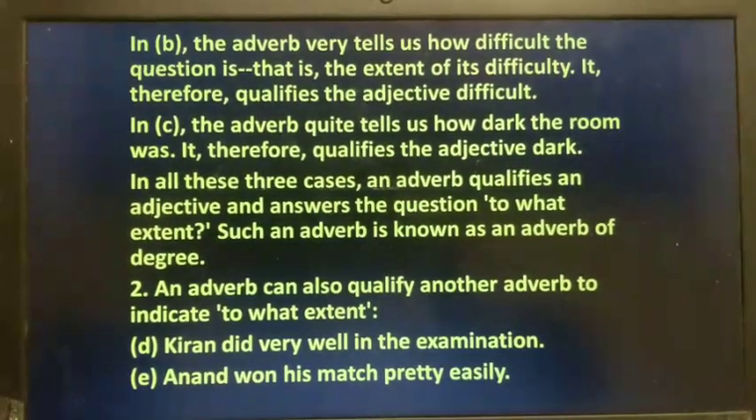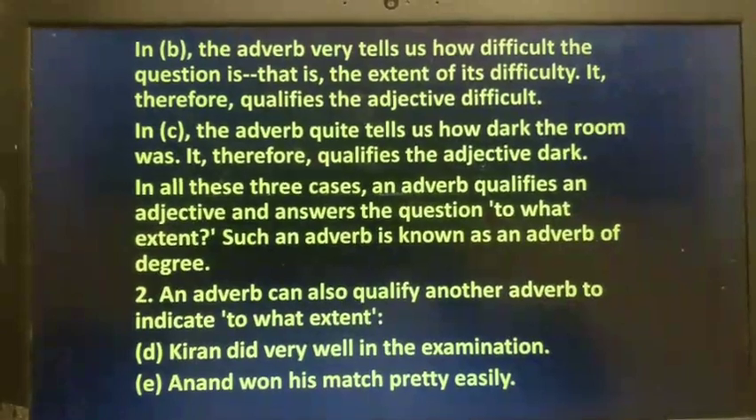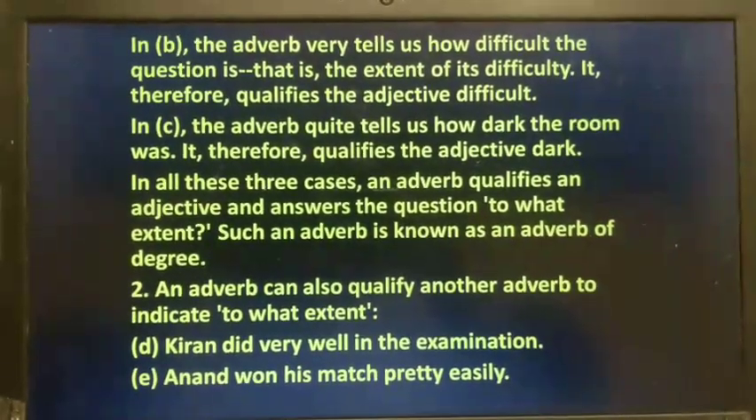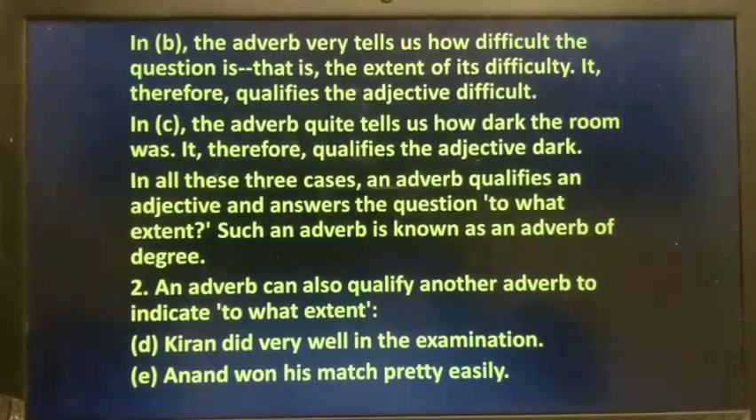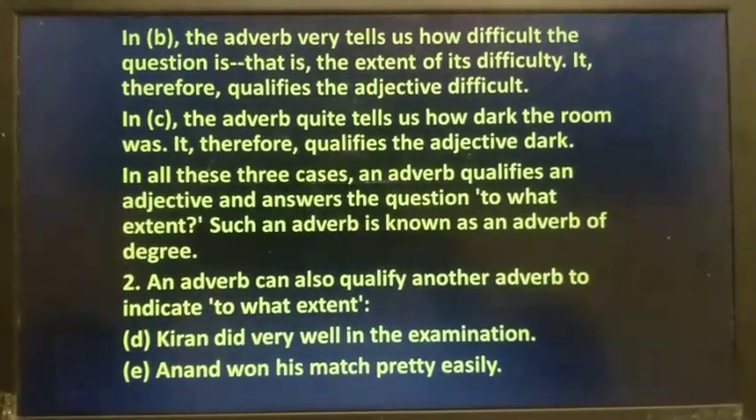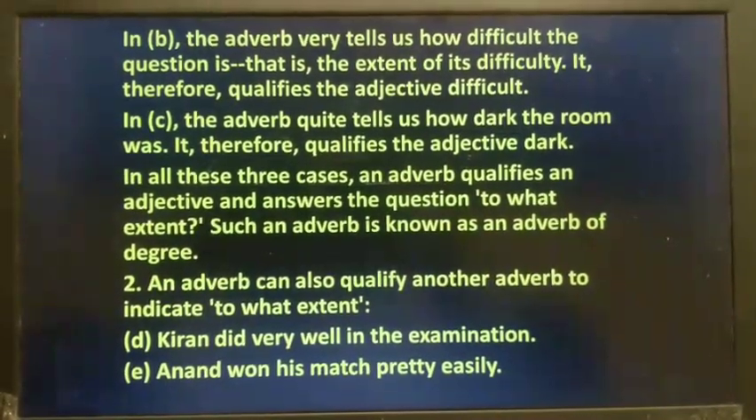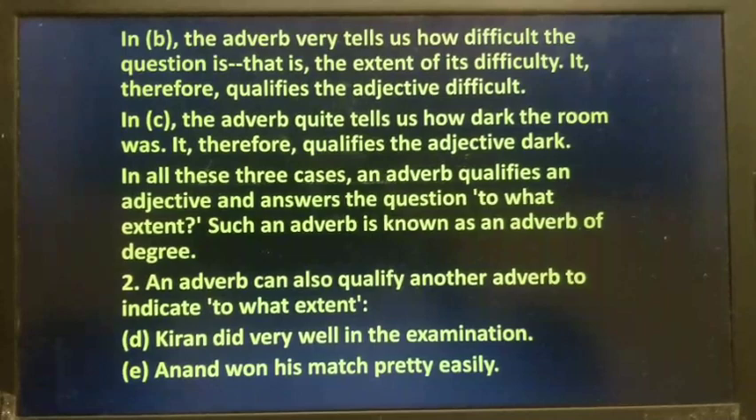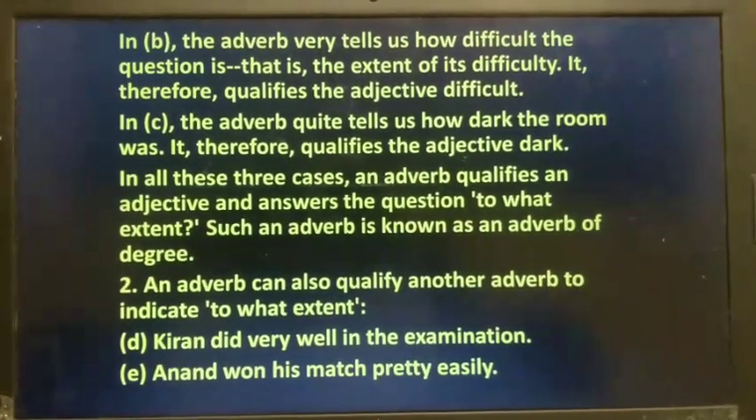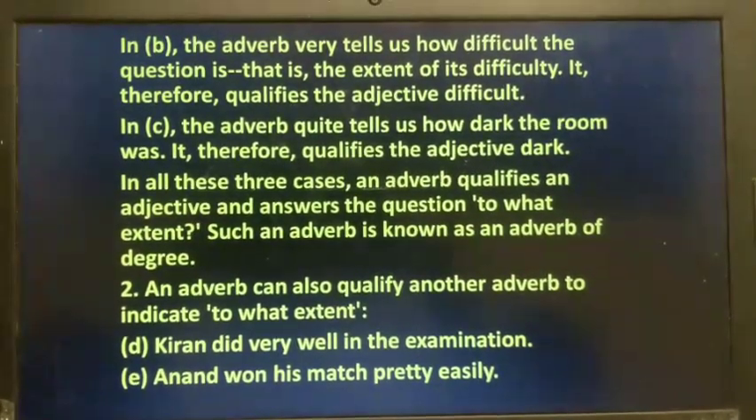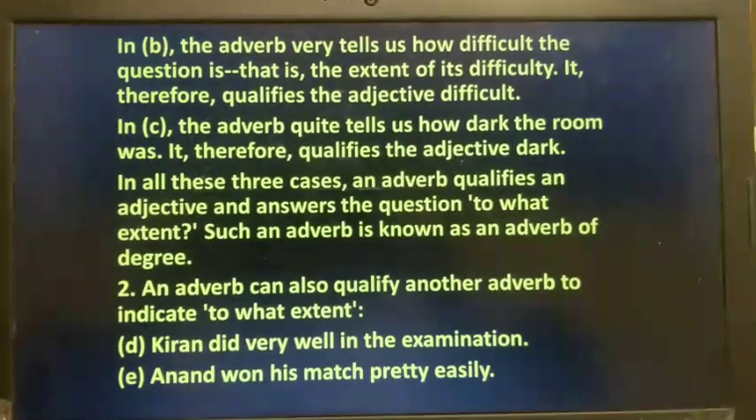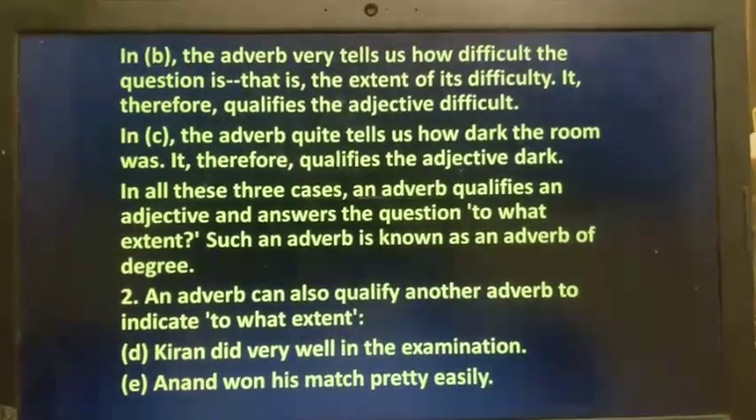Already we know that Kiran did well. Now very over here, students, is actually the adverb of degree. How well did she do? She did very well. So very is telling us the extent. So very is the adverb of degree, and it is qualifying the adverb well. Next,